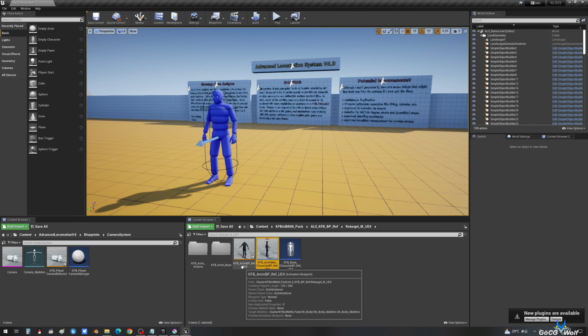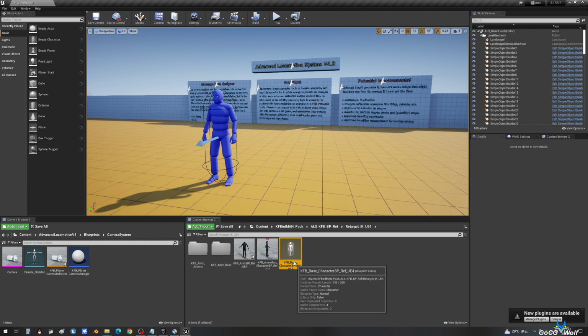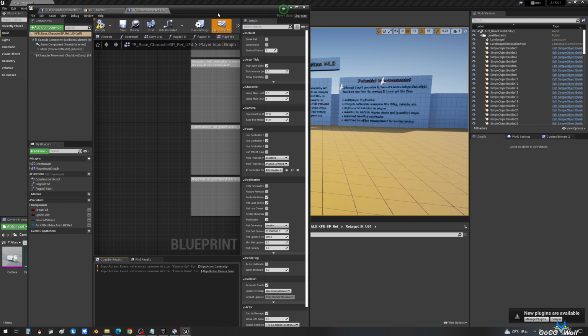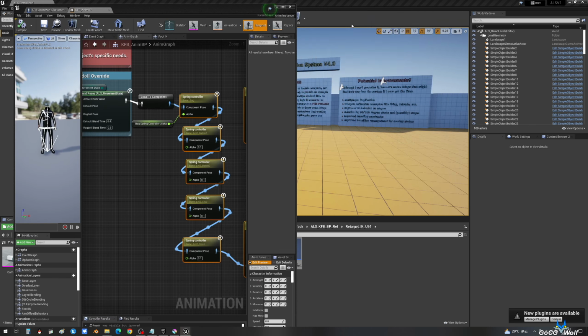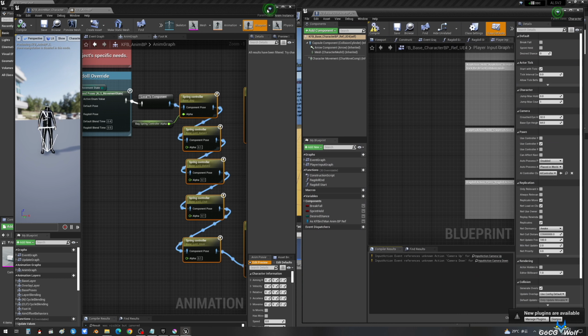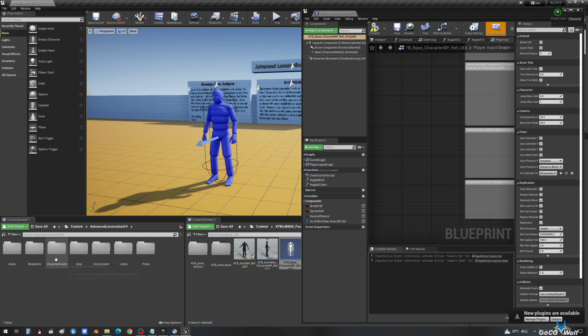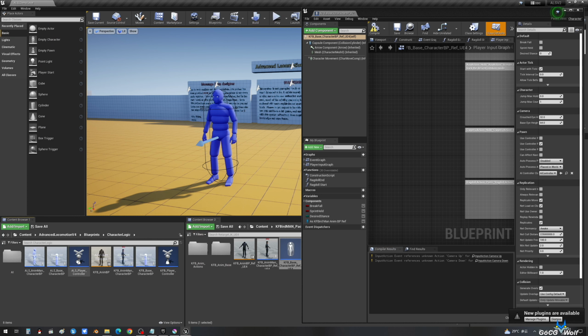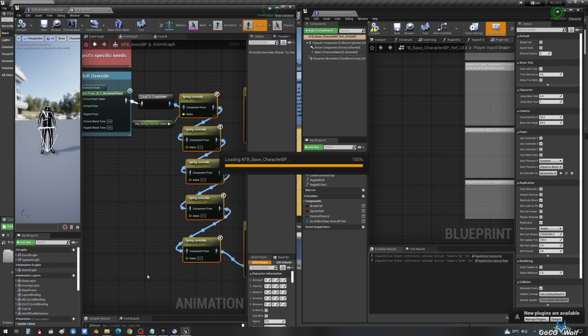Now open the parent blueprint of KFB. Remember not to open the wrong one. We need to open the KFB blueprint parent class.